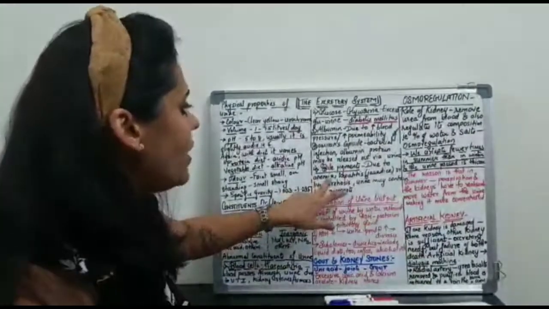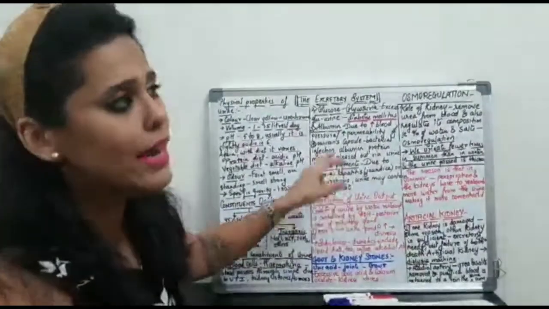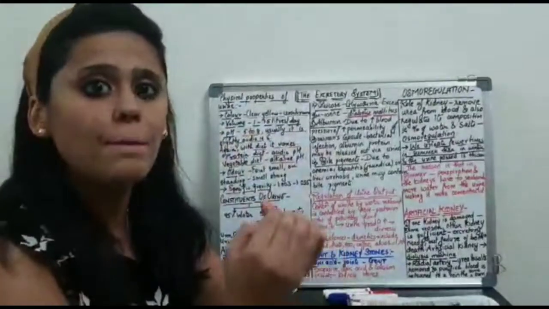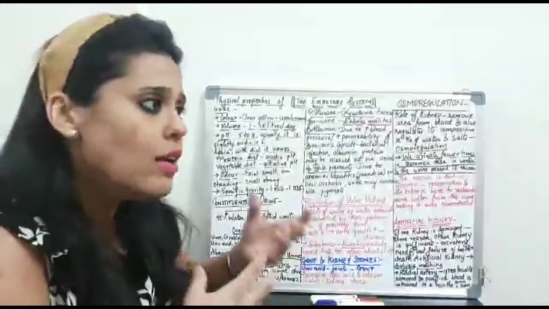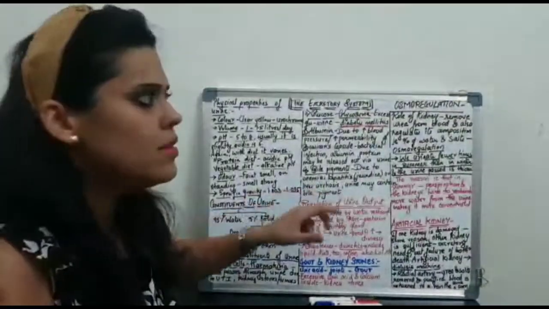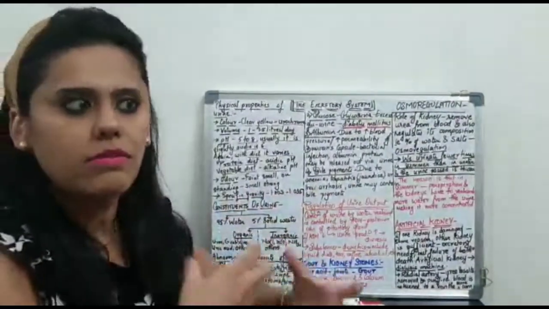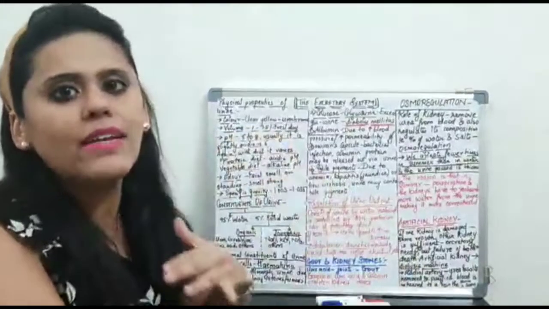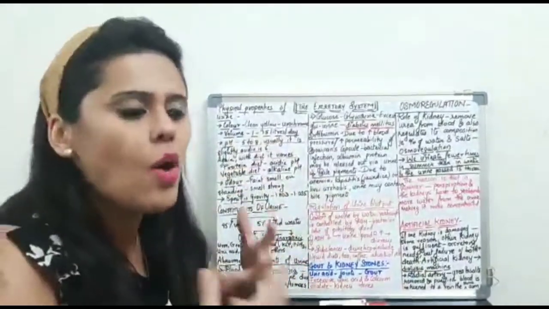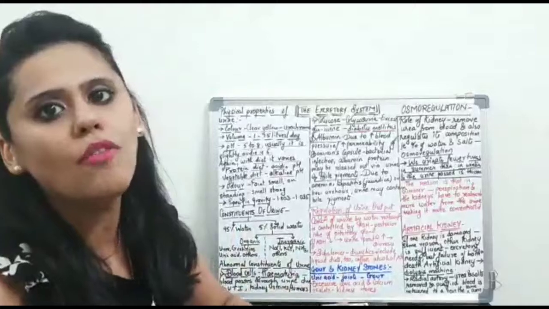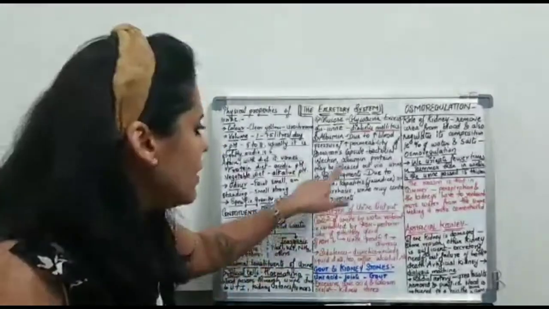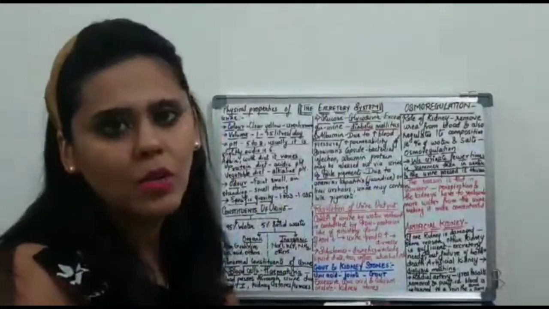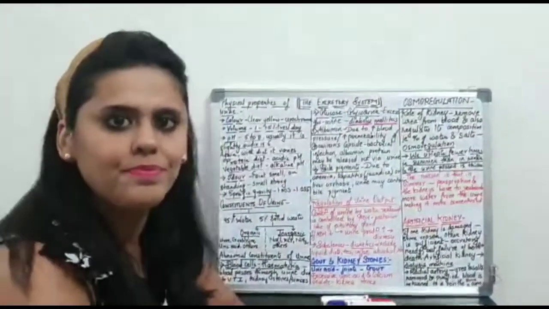Now why do we include the anemic condition? Anemia is a condition where the blood is very less in the body. Blood cells are less in the body. So it is obvious that if the quantity of blood cells is less, then how will the breakdown of blood cells take place? And therefore all these conditions are included in this part.